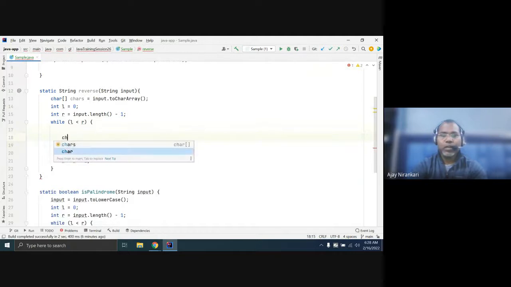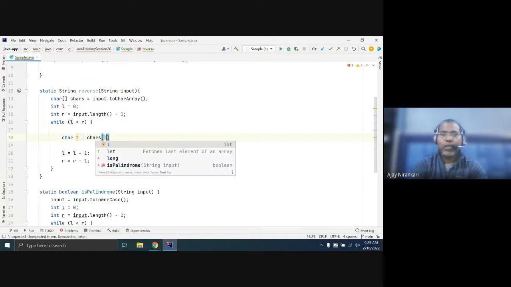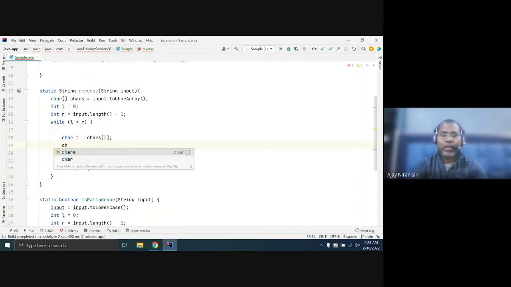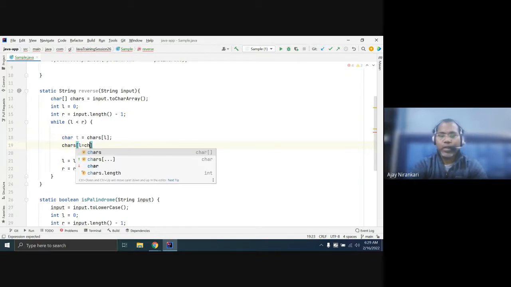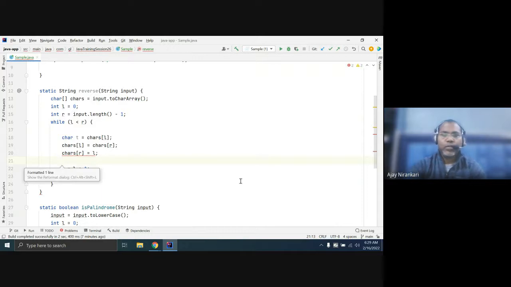Just take one temp char, hold the char at the L position, then put the char at the right position into the L position, and after that you can simply say the char at your right position equals temp.